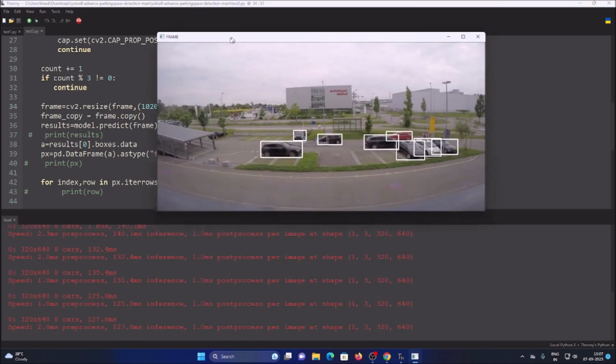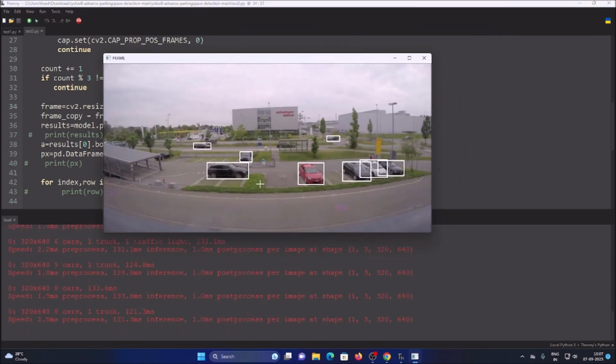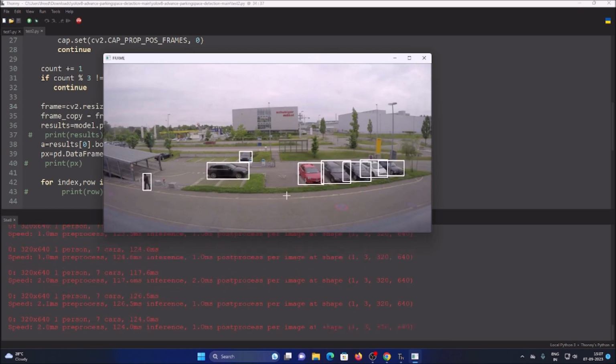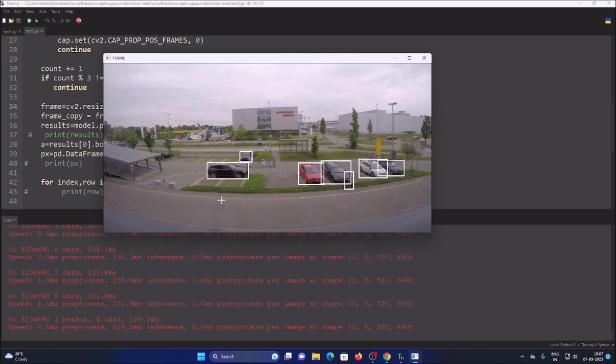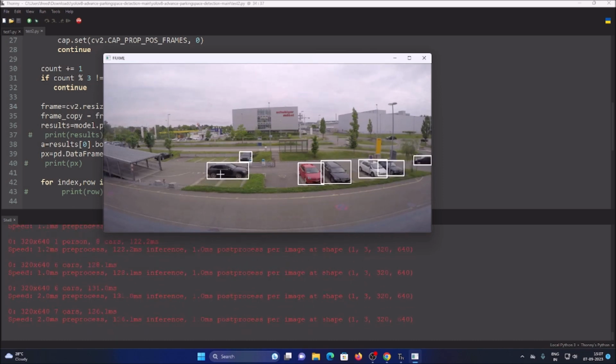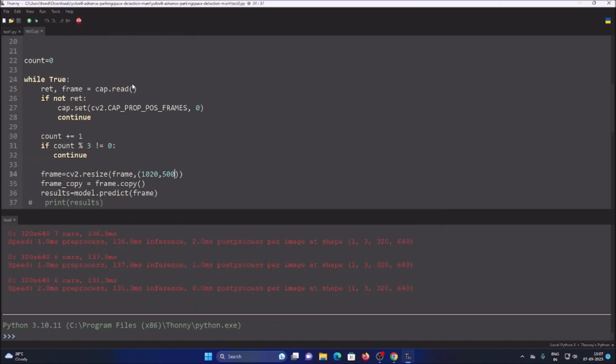And as you can see, we have a detection. We are successfully detecting the cars. So we are done with object detection. Now as you can see, there is a person, so we want to simply mention an if condition here. If there is a car, only then do we want to detect the object. So let's say here